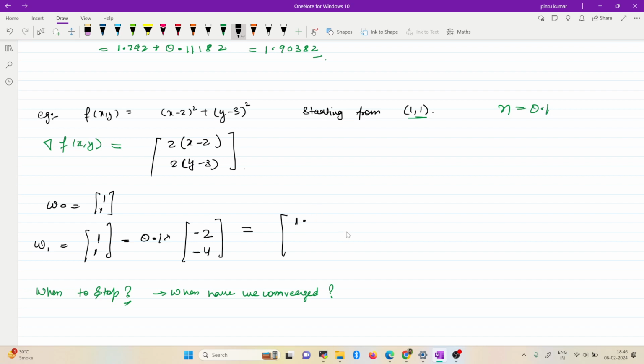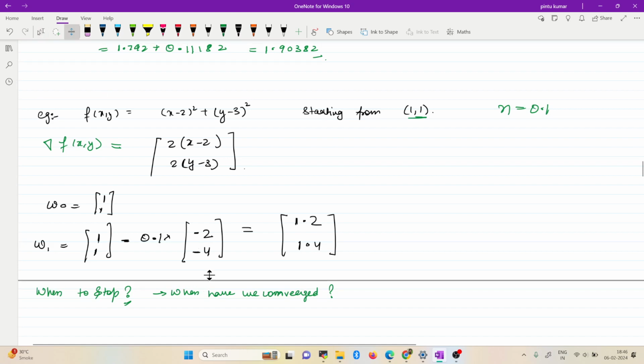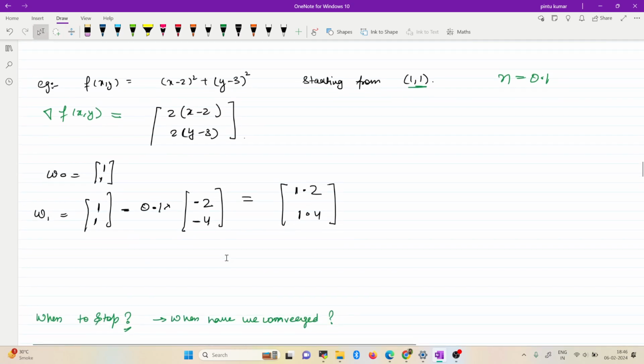I think I'm doing it correctly. I am doubting, but yeah, I hope I'm doing it correctly. So this is 1.2 and this is 1.4. Okay. So again, this is